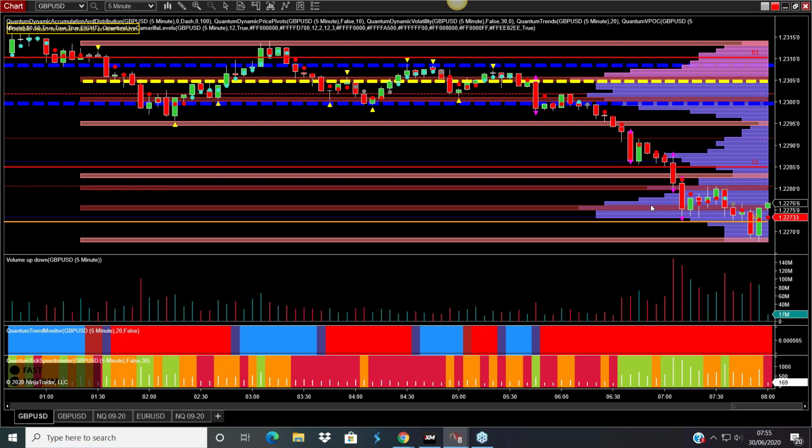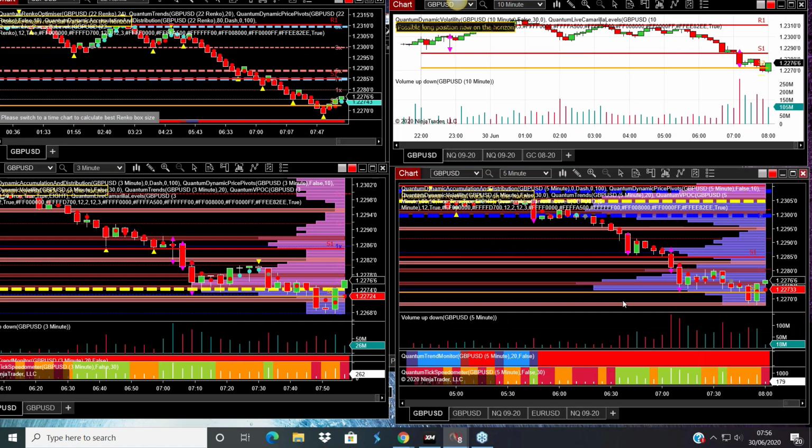As I said, now we've reached what we call volume support under here at roughly 122.65. Now the reason I'm highlighting this cable is because I'm actually going to be focused on cable for the rest of this month, and the reason is because Brexit is now back on the table, and I'm going to tell you later on some